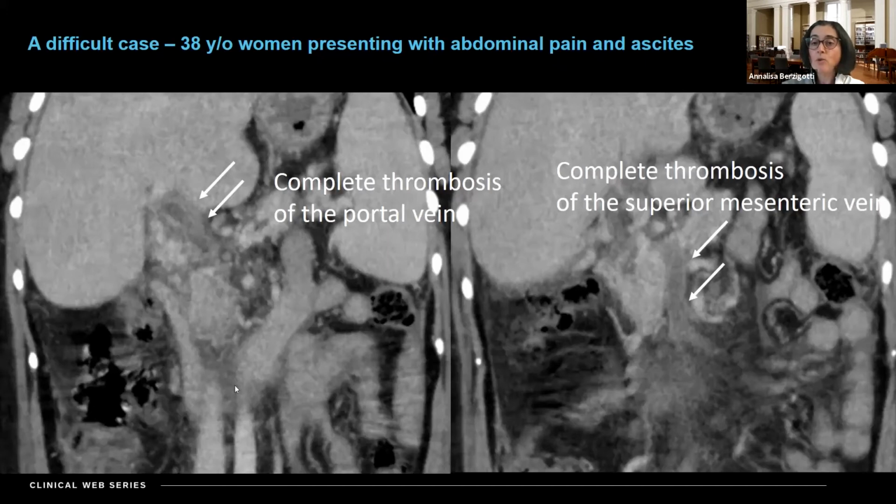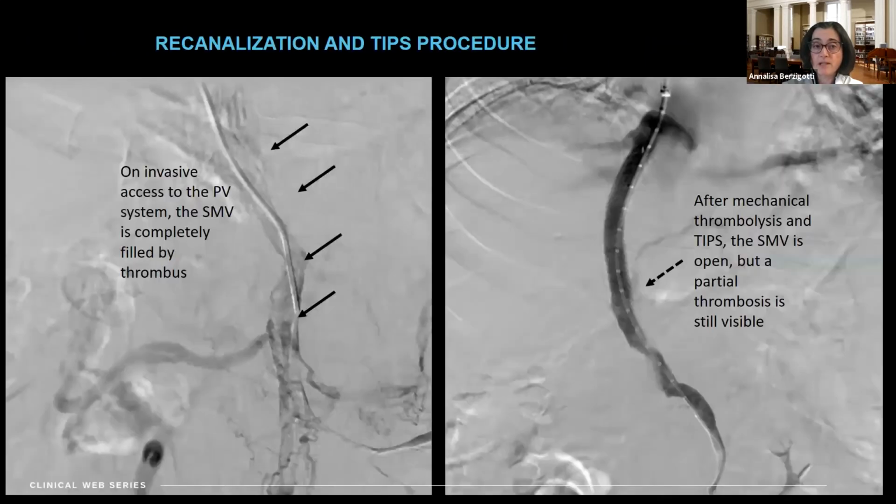After a few days of anticoagulation, since the symptoms did not disappear, we decided to go for an invasive recanalization of the mesenteric vein through a TIPS approach, given that the patient had also signs of chronic disease. And you can see that this is the access through a transjugular route. We could see angiographically that the thrombosis was very large. We put a TIPS in, we recanalized by mechanical thrombolysis and then thrombolysis the vessel.